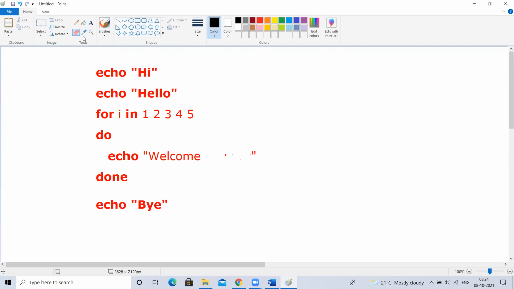Execution starts from top to bottom. For i is equal to 1, it will print hi, hello, welcome. For i is equal to 2, also the same, 3, 4. After completion of the 5th, bye will come.